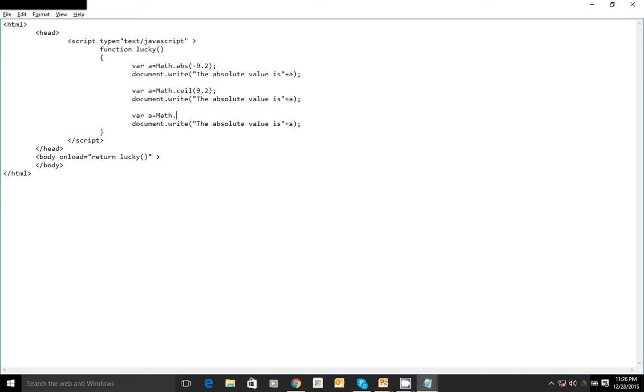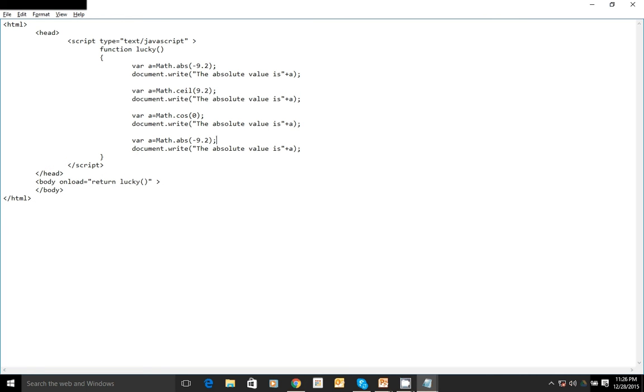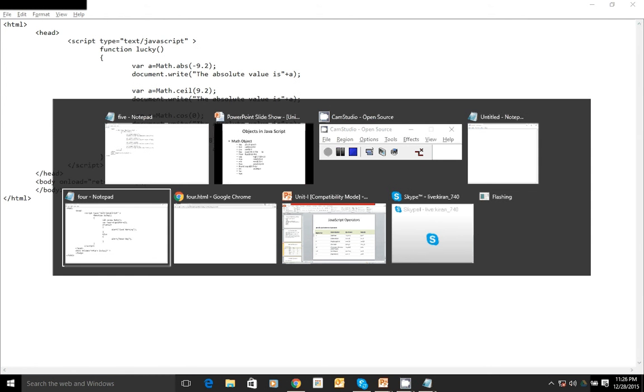So let's say cos 0 and let's say floor value, floor of 9.8. Let me show you the results of this program.